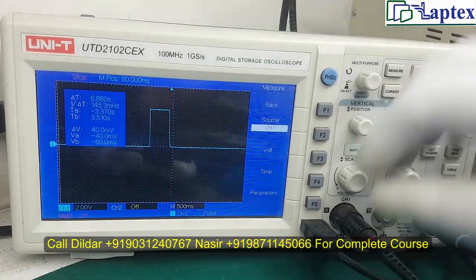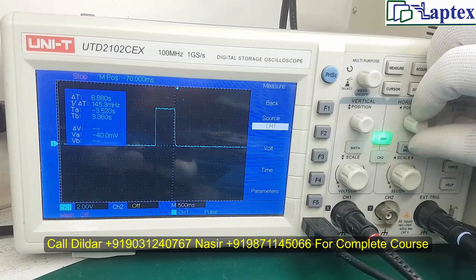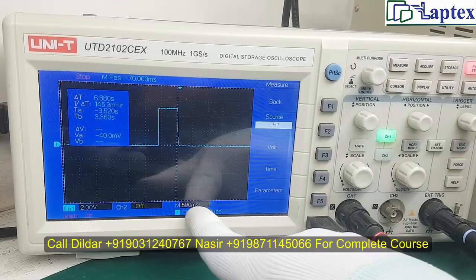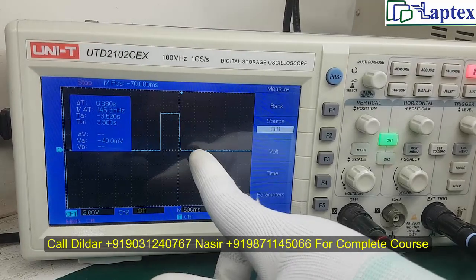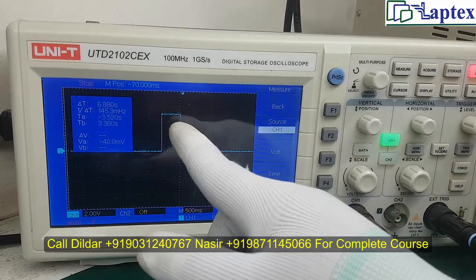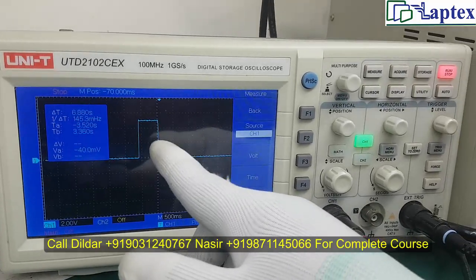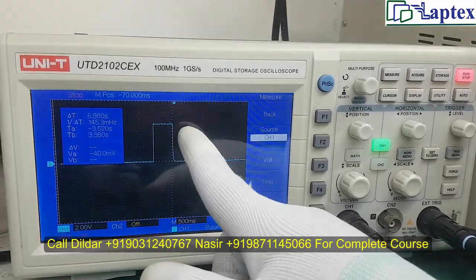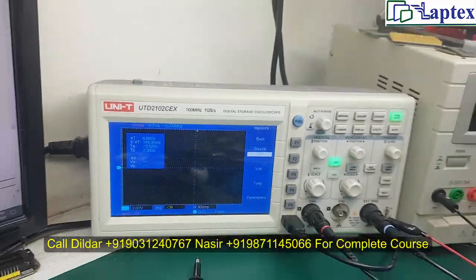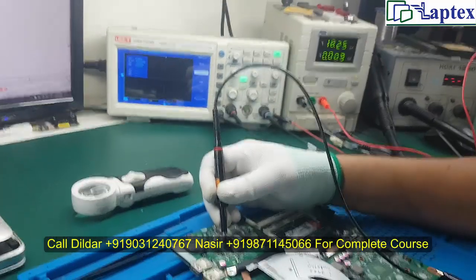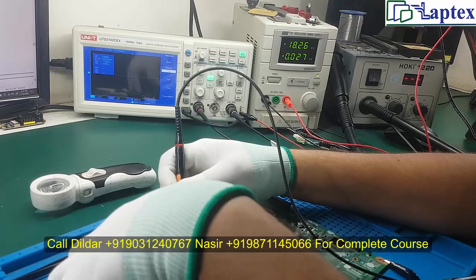Now you can set what the time division of falling down this voltage is. We have set it on 500 milliseconds, and after around 500 milliseconds it is dropping down, and the way it is falling down is not having any problem. So we can say on the ground of this signal that our 3.3 and 5 volt area does not have any problem, and we have to move forward. Let's check the same thing of 3.3 volt on the output side.